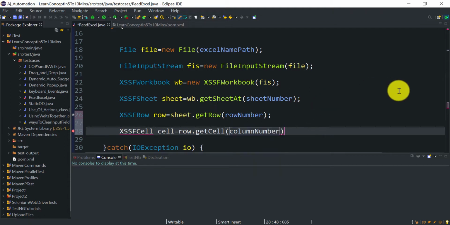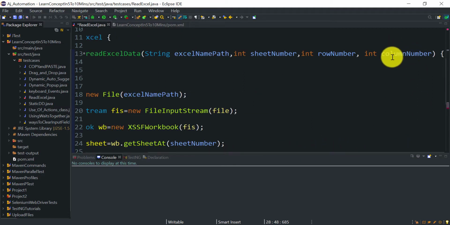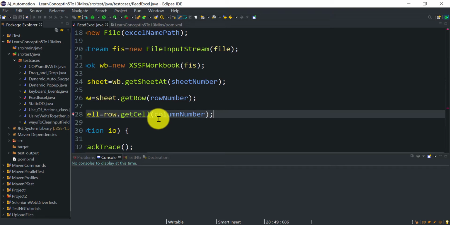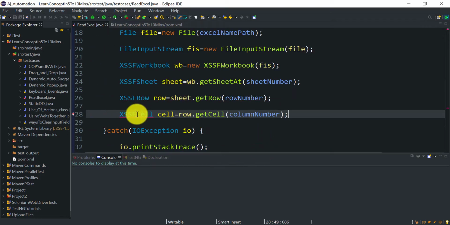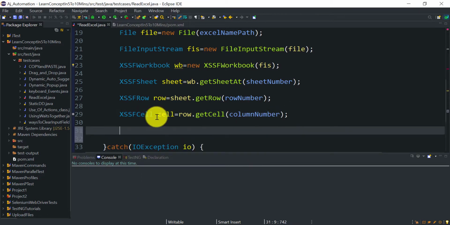This value I am going to pass from the calling method, and that value we are passing to this row.getCell. Just import it from Apache POI. So now we got the cell that we are interested in.